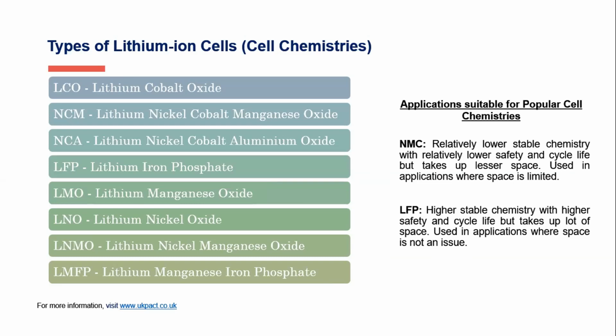And then LFP is a better battery than NMC in terms of safety, because they don't catch fire very easily, and they last long. They have a higher cycle life, and it's cheaper. But they are bulkier and heavier, and they occupy more space. So for those reasons, it's not used in two-wheelers, and it is used in three-wheelers where it